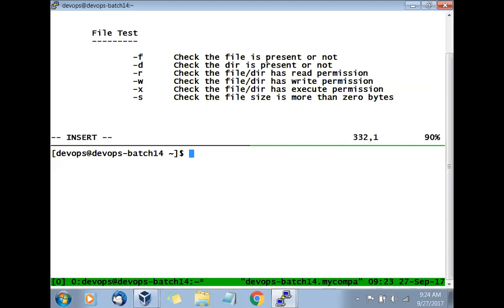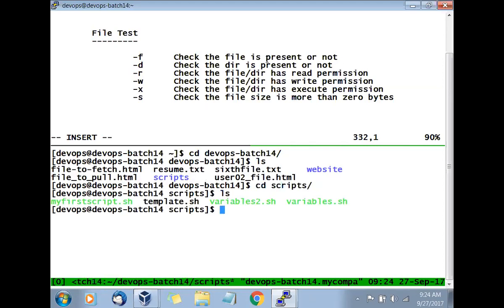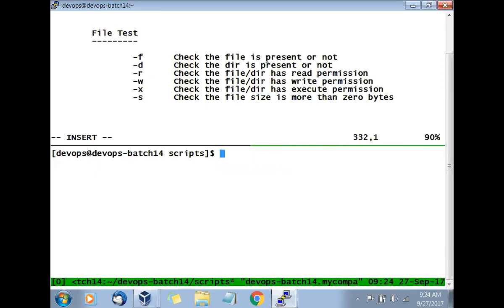example of that. So I'll go to the scripts directory of our DevOps batch 14, git status, everything is clean, good. Now we'll copy the template and we'll say file test.sh.